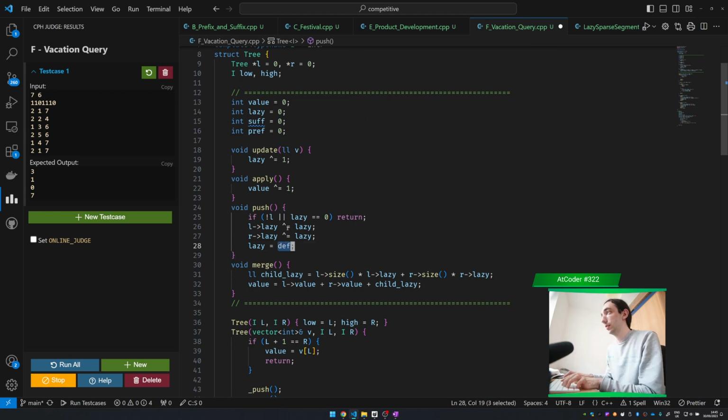And the lazy is again shifted like this. We're just set to 0. Set to 0. Now, the thing is that when I apply the lazy button to the bottom, it's